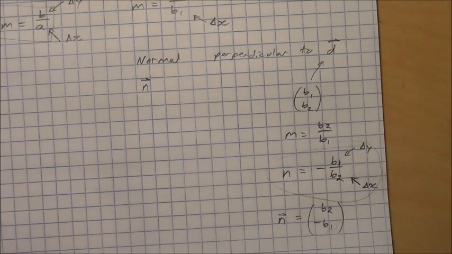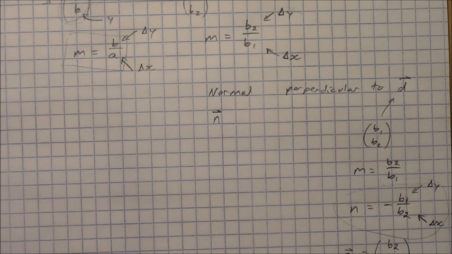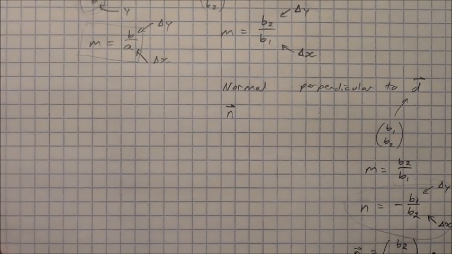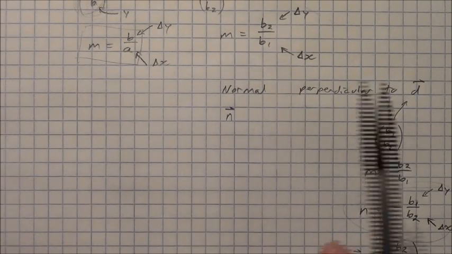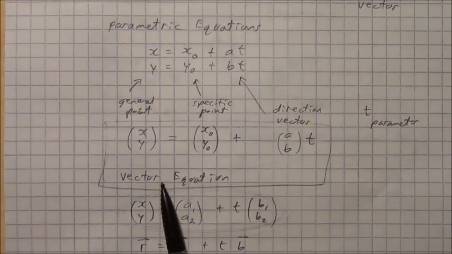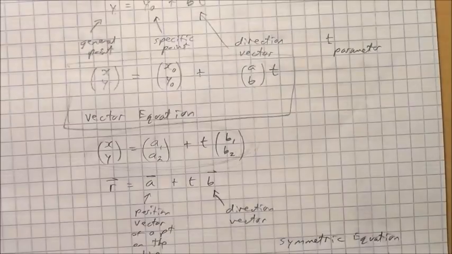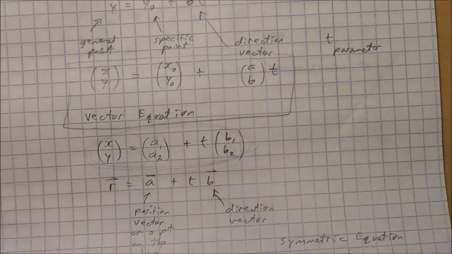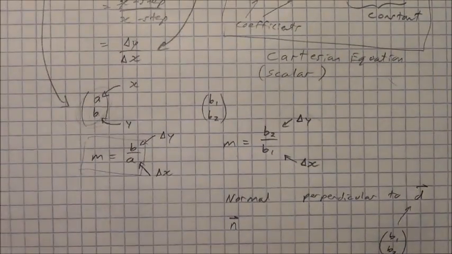We'll look at some examples of this tomorrow in class, and we'll look at other examples of vector and parametric equations that we'll study here. One last little thing. We have the direction numbers and the parametric equations, vector equations, etc., symmetric equation, all in 2 dimensions, but all of this can be extended one more dimension to 3 dimensions, and all the same things